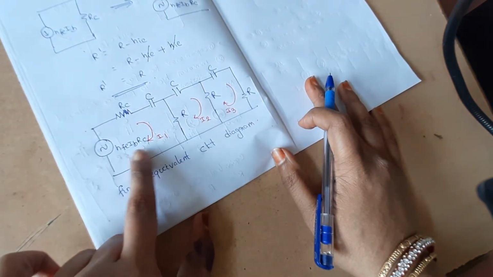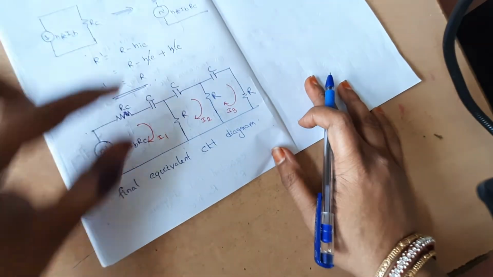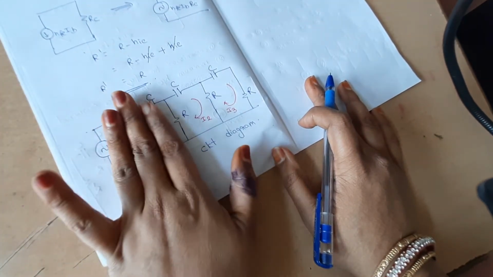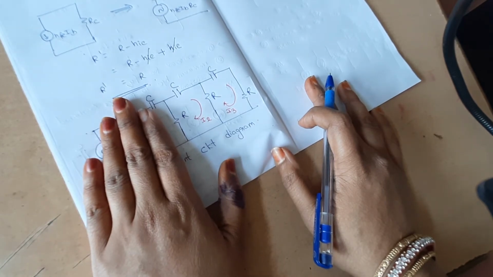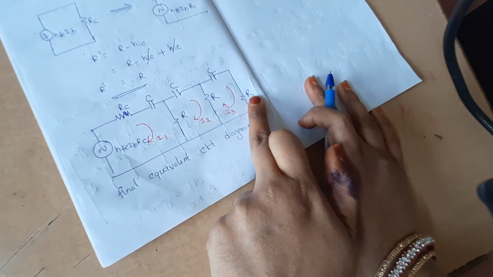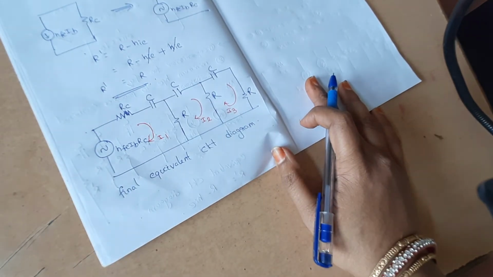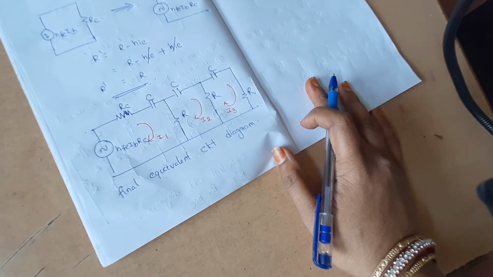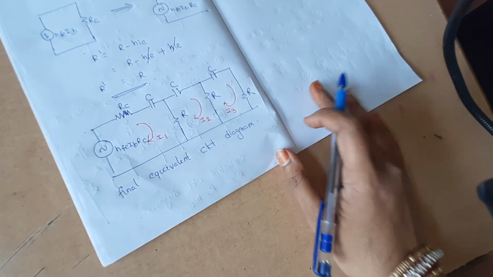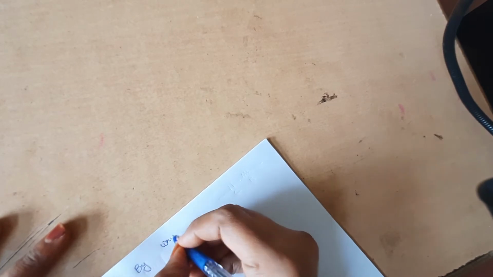So HFE, IB, RC in series with RC, the simplified voltage source. Up to this is the amplifier section, and the amplifier section has to join the feedback network. The final R dash becomes R. So by drawing the final equivalent circuit, we are defining the loop equations I1, I2, I3. Now write the loop equations.